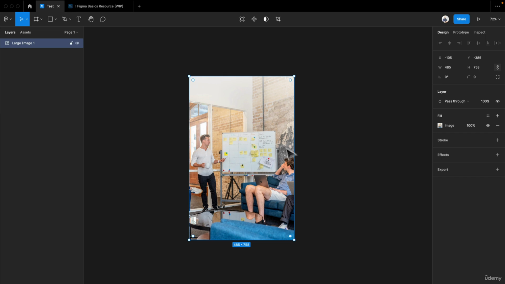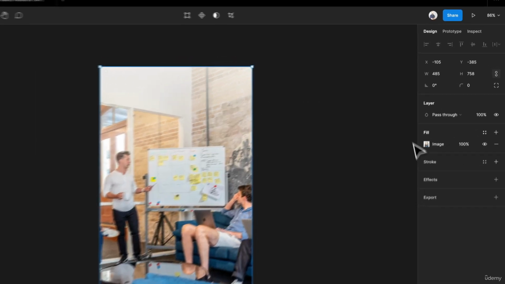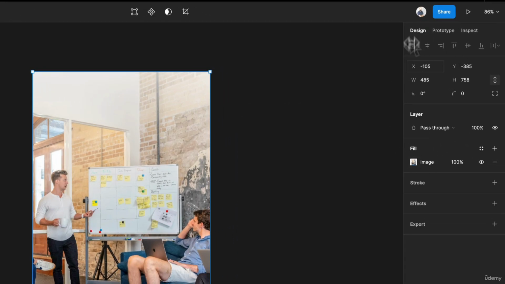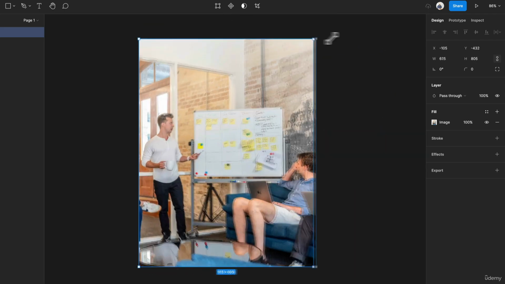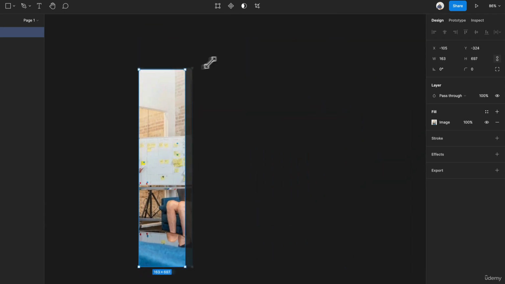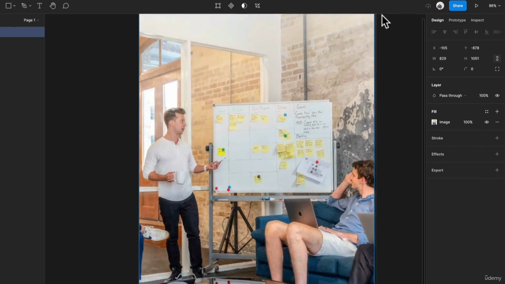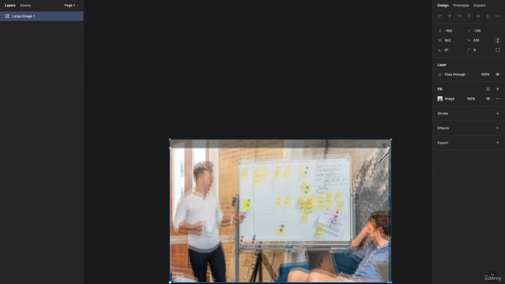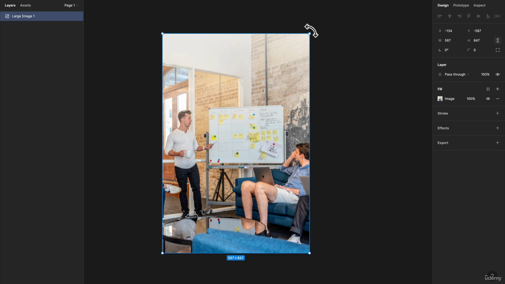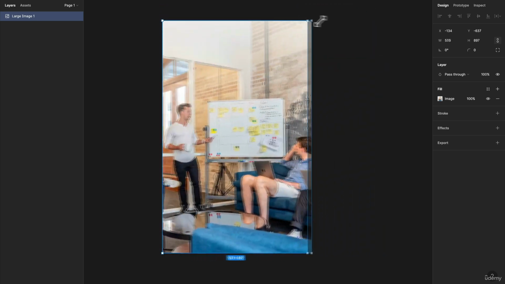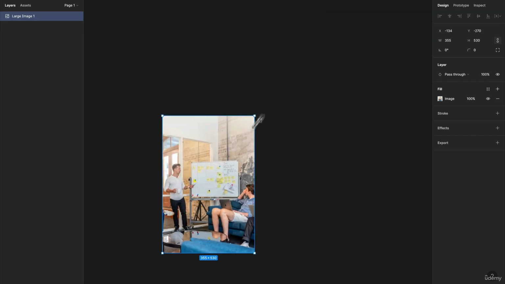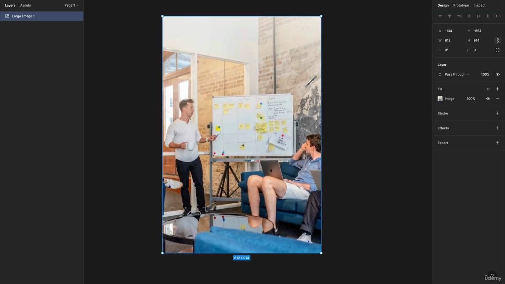Now you can edit your picture in so many different ways. Let's take a look over here at our design tab on the right sidebar. Now you can scale it. If I want to adjust it, you'll notice the image is just filling the container. This is kind of acting like a frame in a way. It's pretty interesting, and that's why I like using pictures like this in Figma. You can just size it like that. You can also hold Shift and size it, and it's all going to size as well,